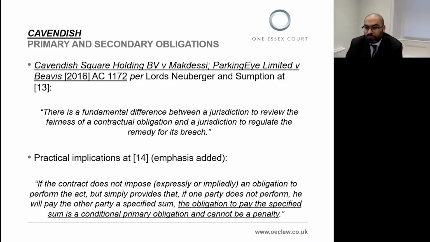And indeed, the difference between primary and secondary obligations is one that has been the subject of significant debate over many, many decades across different areas of law. I was in trial in March of last year concerning a guarantee and indemnity, and working out precisely which clauses were primary and which were secondary was extremely difficult. But it's important to understand that for present purposes, the rule against penalties only applies to secondary obligations, the what happens on breach of the contract. It does not apply to primary obligations.